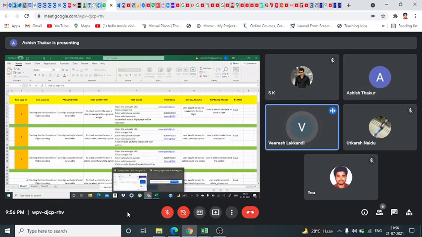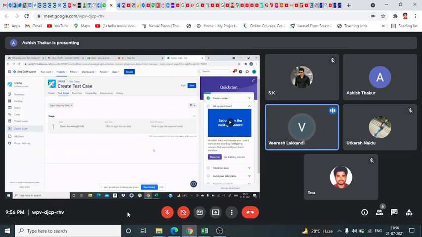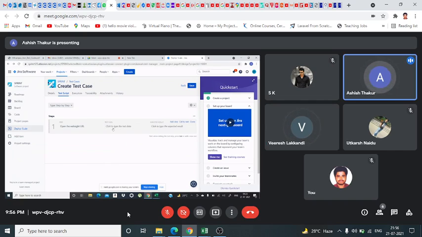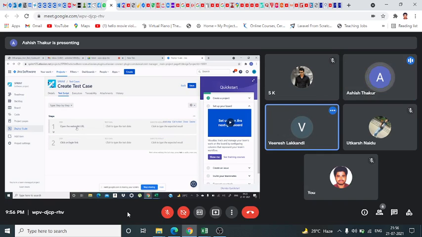Ashish, you don't need to copy the entire one. Just click on the cell and press Control C. That's it, it will be copied. You open the website, and then add another step. Now you will have to write this also. You will have to write it by hand, with our own thinking. Test data also, like open the website URL.